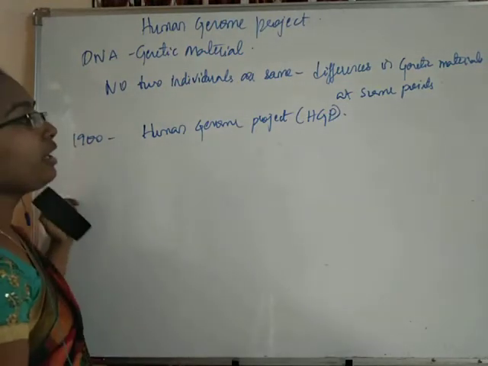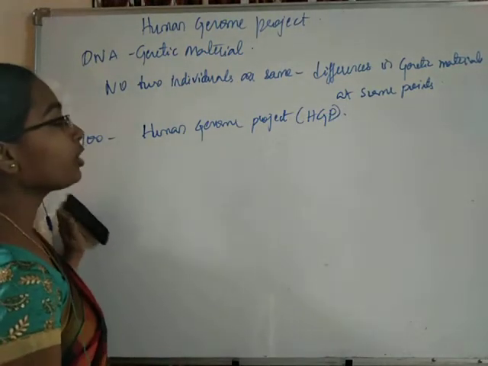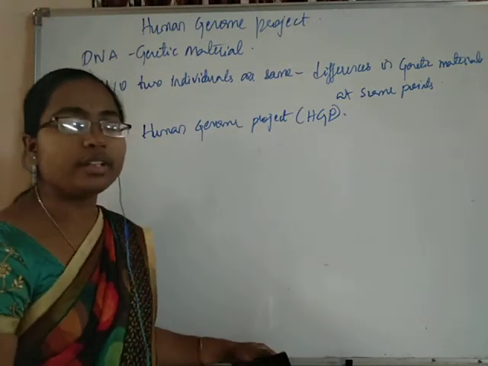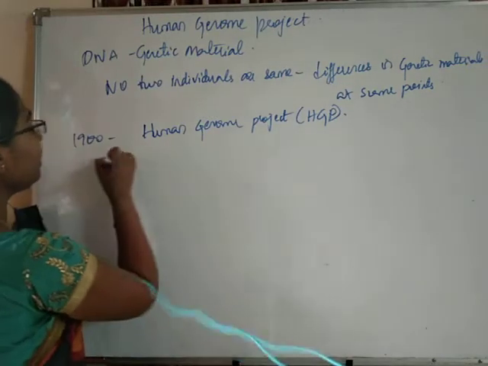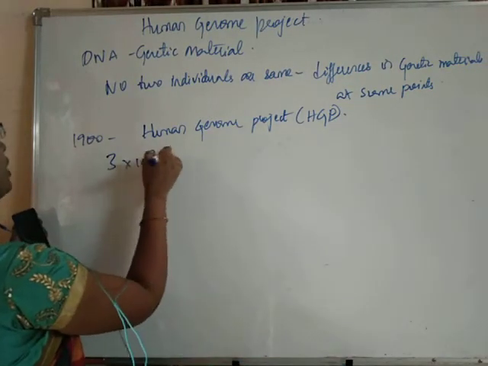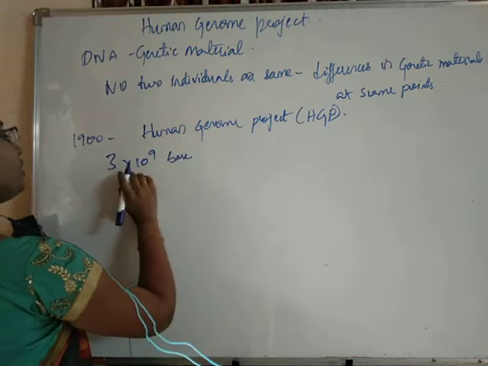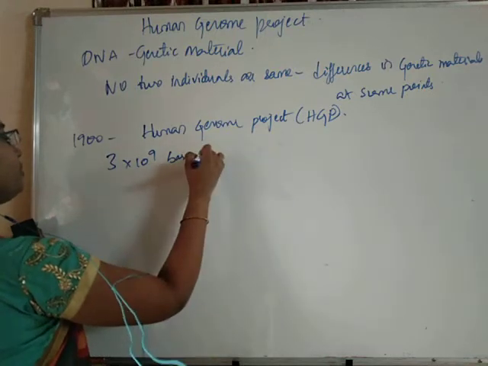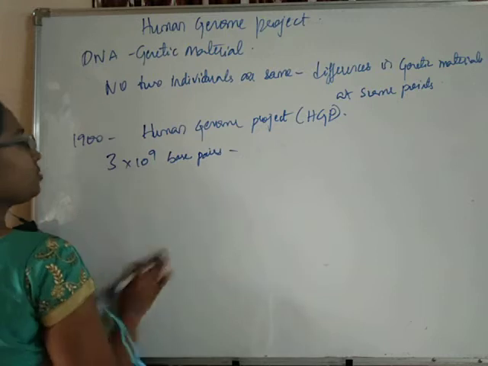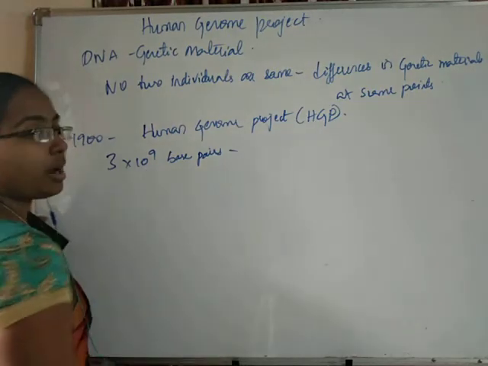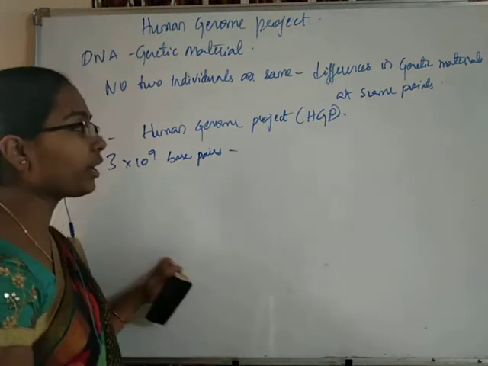So what is the main intention of the Human Genome Project, what is it trying to do? Let us see. We have already studied that human beings contain nearly 3 into 10 to the power of 9 base pairs, right. So students, if 3 into 10 to the power of 9 base pairs are present in the human genome,